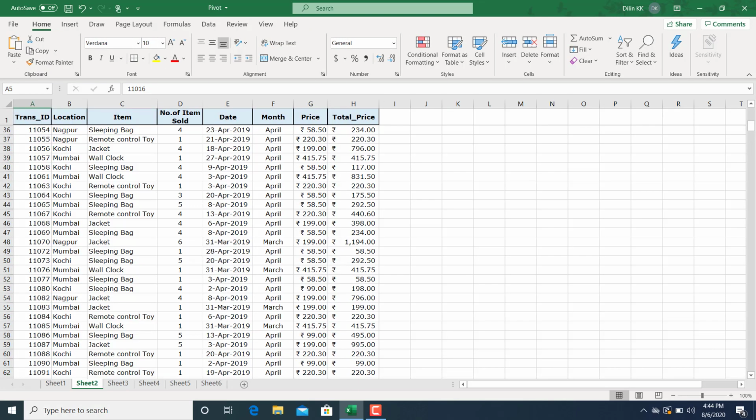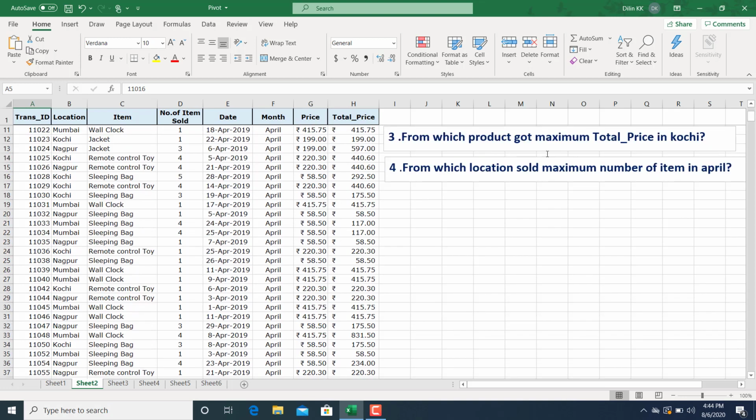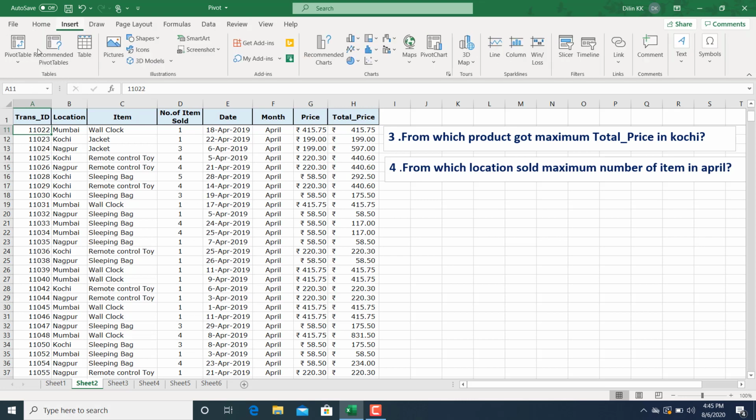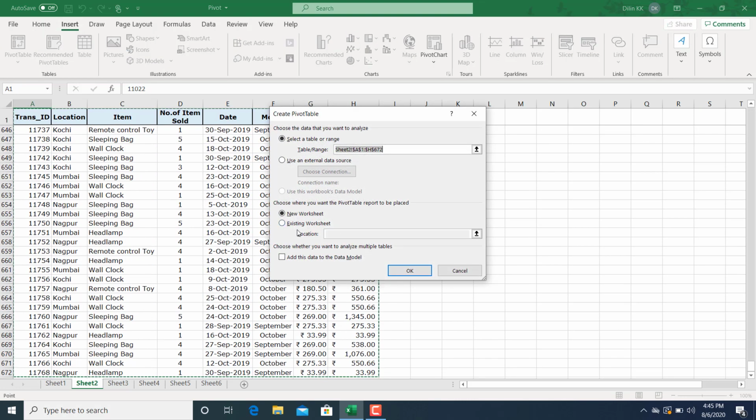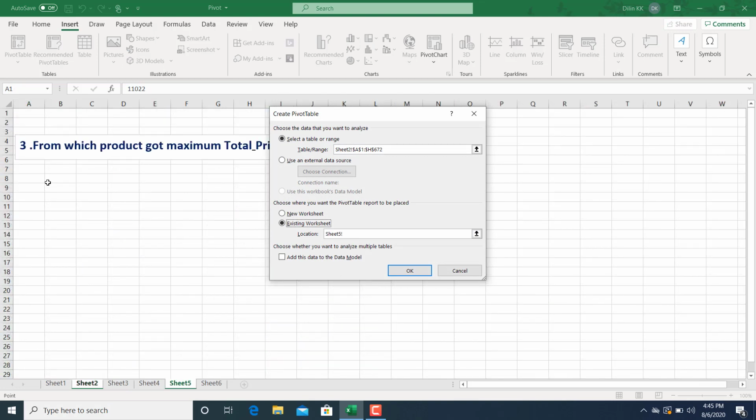Now go to the third question: which product got the maximum total price in Kochi? Again, go to Insert, Pivot Table, and create the table here.